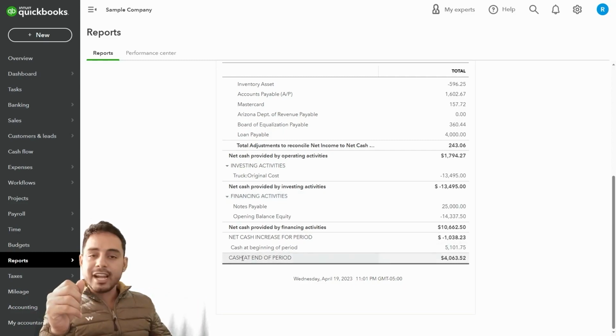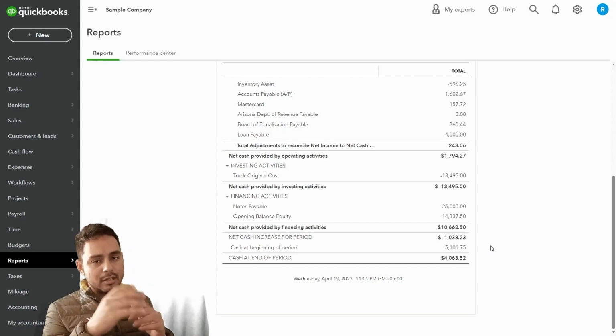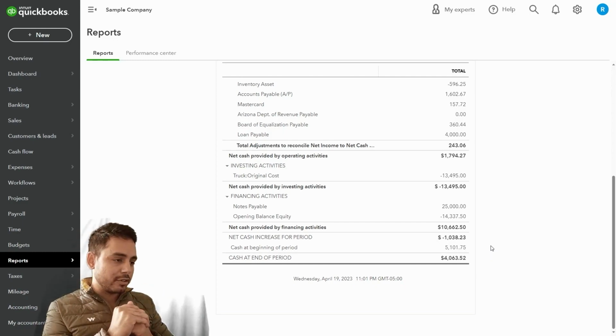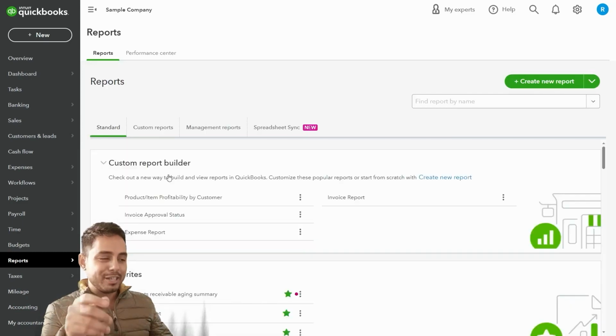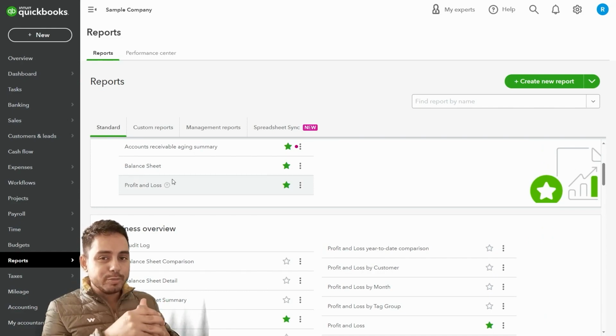And on the basis of that, you will get the closing balance for the cash account, which you can then correlate with the bank statement in order to get a more clear picture of your transactions. We'll go back to the report section, and here I want to show you another business overview report that most people don't use but is very important to keep track of, especially if you have multiple users accessing